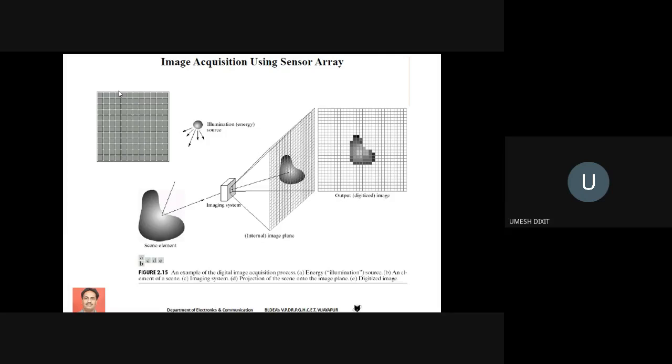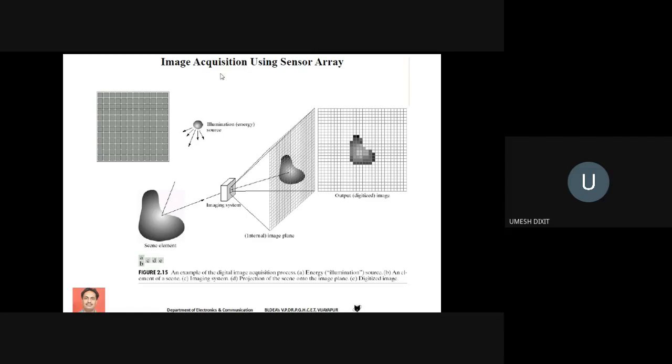The next, in the second diagram, if you observe, here I have shown in general how the image is going to be formed. To have any image, dear students, remember you require an illumination source. Here I'm going to show you in this slide. This is the illumination source, which is going to provide some light energy. This illumination source may be anything. It may be a simple light, it may be an X-ray source, it may be anything. Okay, any kind of illumination you require as a source.